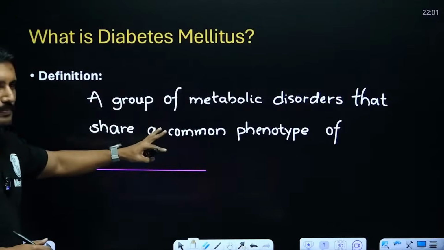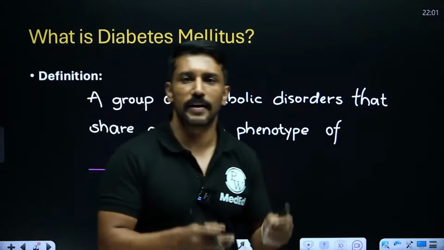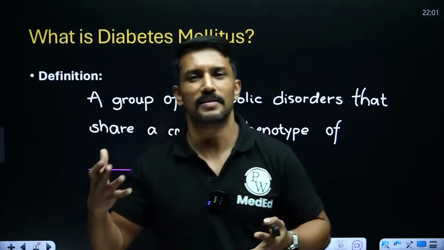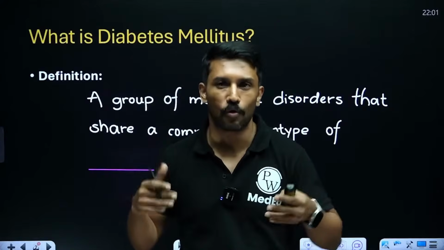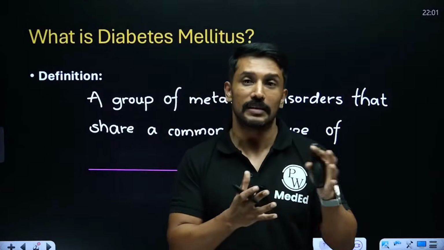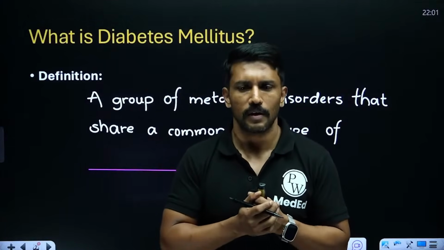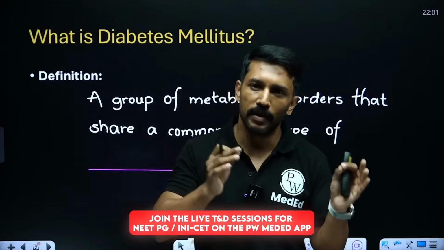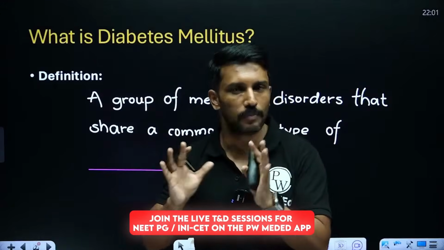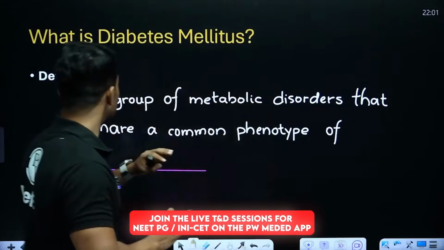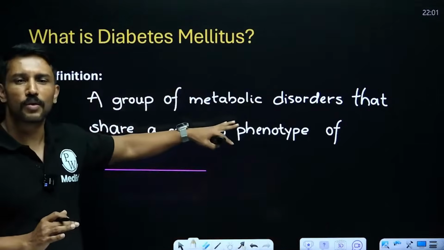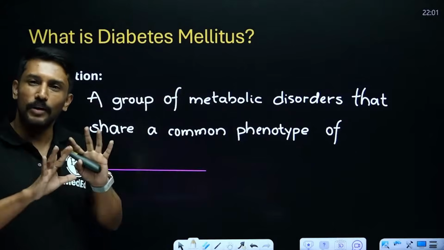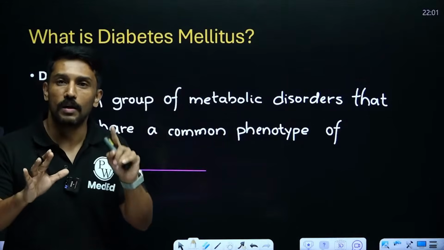Diabetes mellitus. Now we know that there are different types of diabetes mellitus: type 1, type 2, right? There is type 1.5. There's also talk about so-called type 5 diabetes mellitus, gestational diabetes mellitus, right? Now, do you mean to say that all the diseases have similar pathophysiology and similar outcome? No. So diabetes mellitus is a group of metabolic disorders. They are not all the same. They are heterogeneous disorders, but they share one common characteristic.